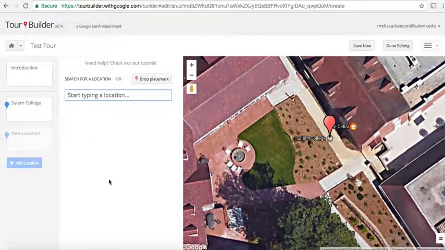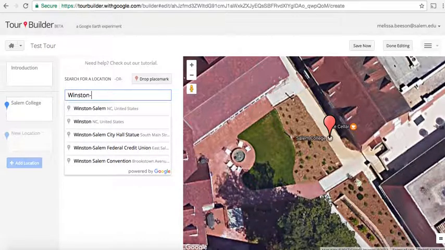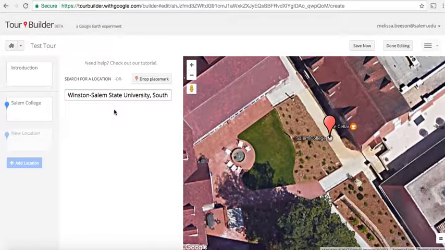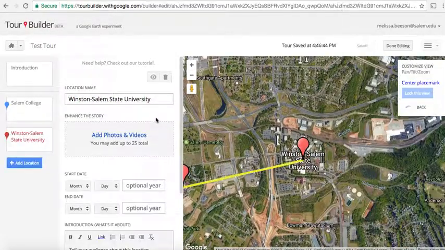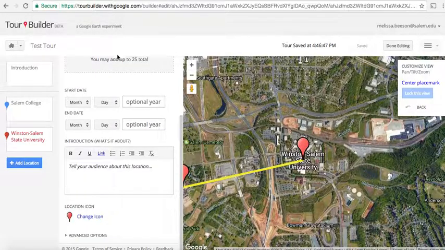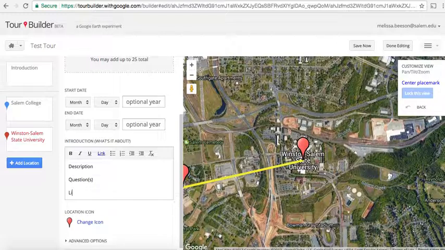Maybe now I want to go to a specific place at Salem, or maybe I want to go to Winston-Salem State. So there it is. I click on it. I add it to my tour. I can add pictures or video. I would add my description, maybe a question or two, maybe a link,